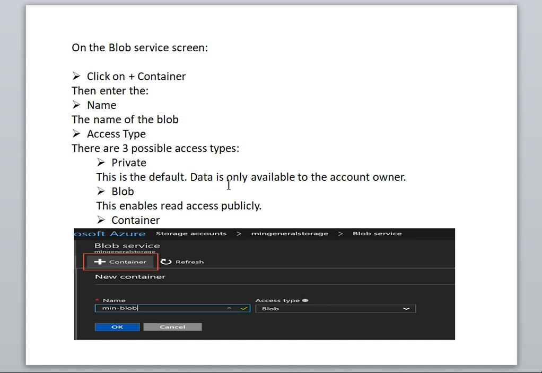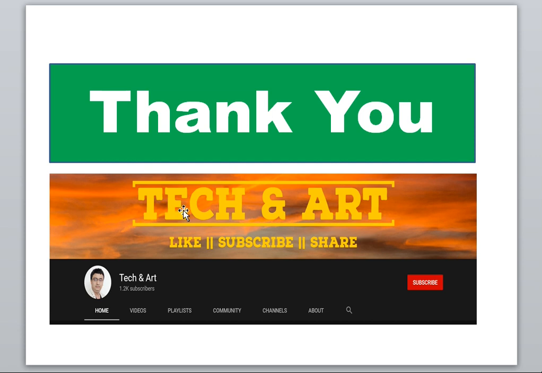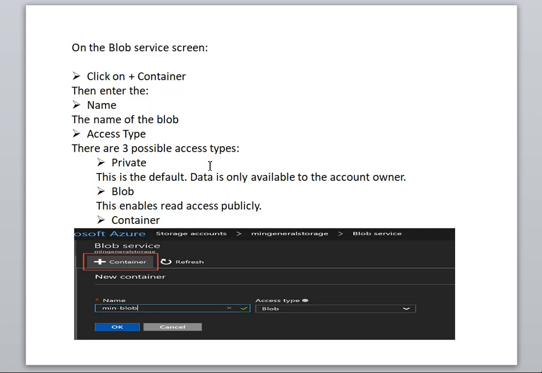The private is the default. Data is only available to the owner. The blob enables the read access. And the container. So once you give these details and click on OK, your blob storage is ready.